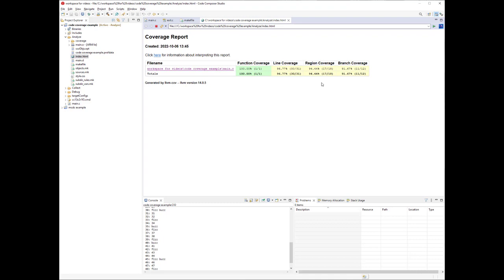Think about something like if expression 1 and expression 2. Well, expression 2 doesn't get evaluated if it turns out expression 1 is false. So that's a case where on a single source line you can have multiple regions. In this particular case, there was only one region that wasn't executed, and so it comes to that percentage.